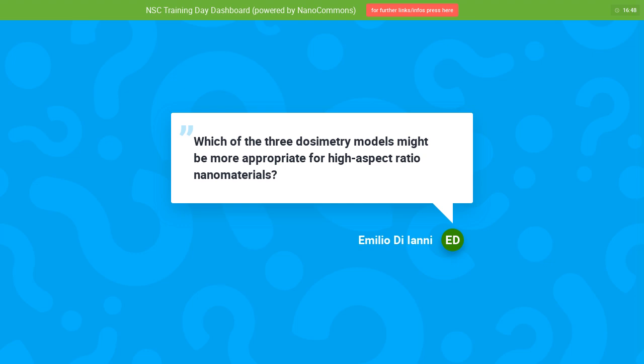Well, Emilio, it depends what you want to do. Suppose that you have high aspect ratio nanomaterials, and you want to know the dose that gets into the lung in an in vivo situation, then obviously the PBPK is your kind of model, because it calculates the buildup of the dose in an animal.